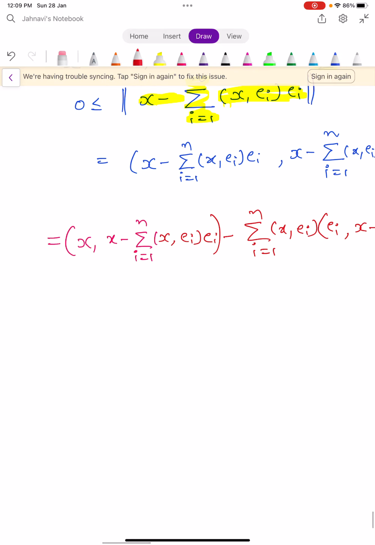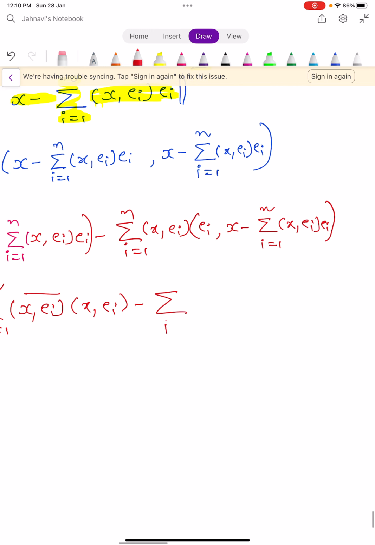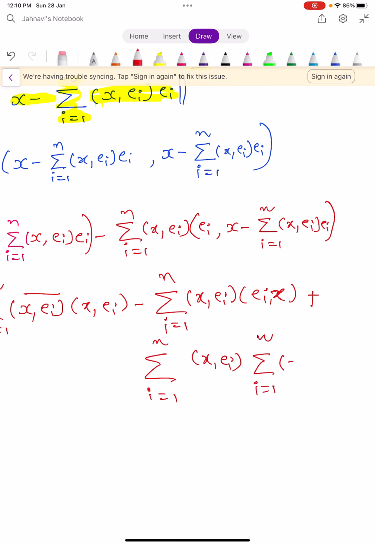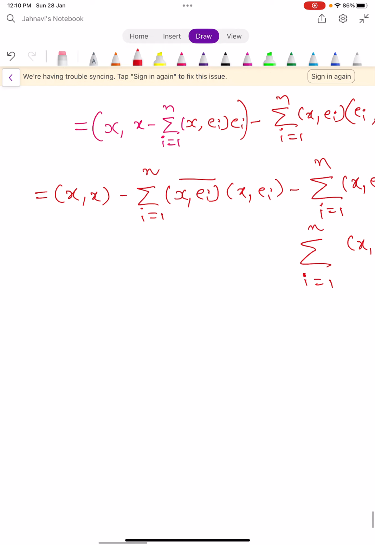Again simplify. This is nothing but inner product of x comma x minus summation over i equals 1 to n inner product of x comma e_i bar into inner product of x comma e_i, minus summation over i equals 1 to n inner product of x comma e_i into inner product of e_i comma x, minus into minus plus summation over i equals 1 to n inner product of x comma e_i into summation over i equals 1 to n inner product of x comma e_i bar into inner product of e_i comma e_i. So again this can be written as